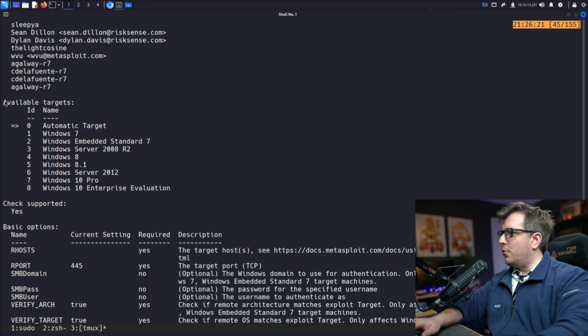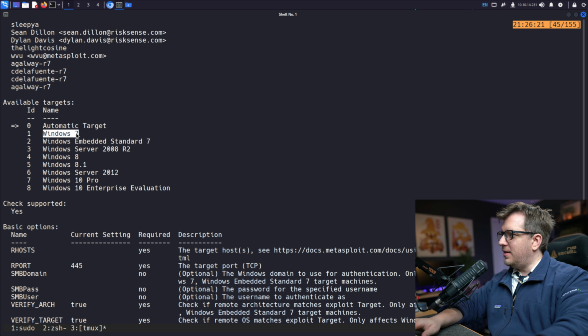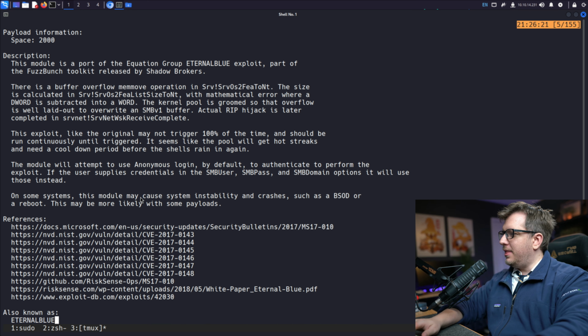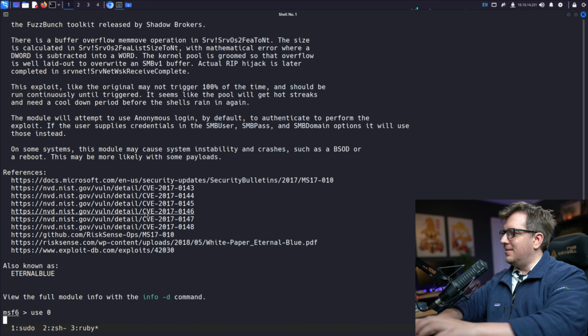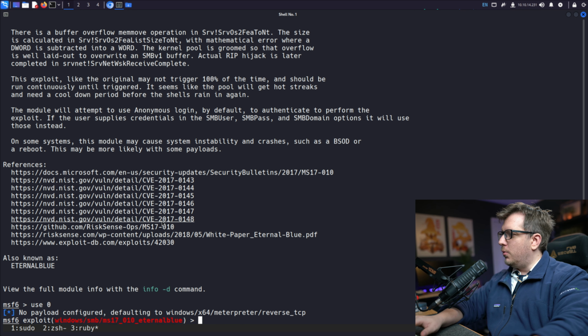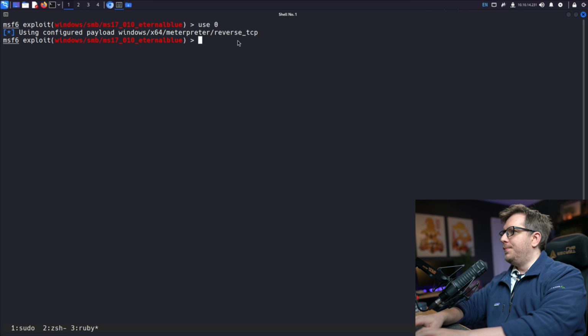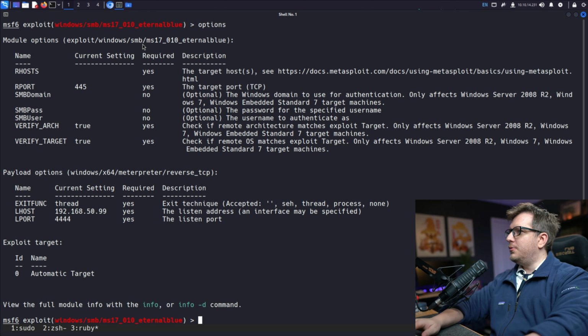Here, like I mentioned before, the available targets, as you can see, include a number of different targets. It could be a Windows 7, could be a Windows 8. I think we're going to go ahead and just use 0 and let's see what we can do. So we're going to use 0. I'm going to clear the screen and it's going to configure the payload for a Windows 64 architecture Meterpreter reverse TCP. So we can go ahead and do options, and we can see here the module options